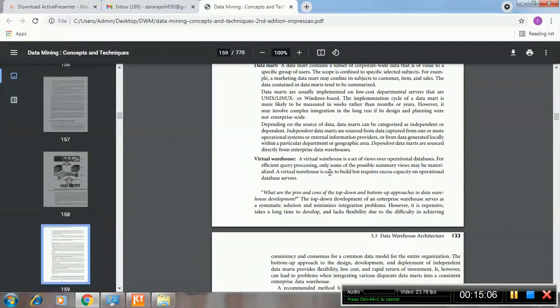So a virtual warehouse is easy to build but requires excess capacity on operational database servers.